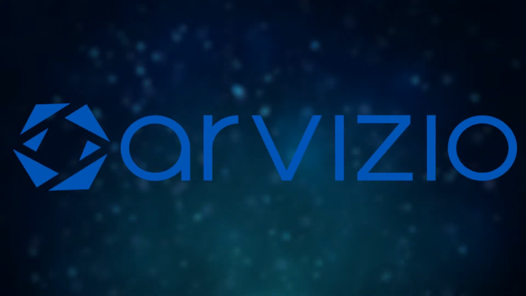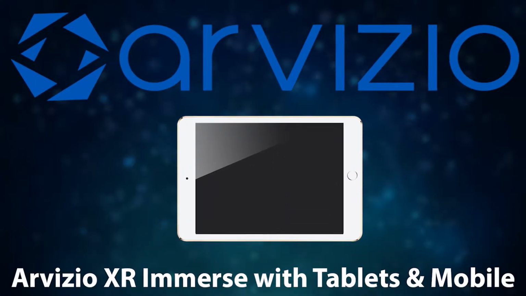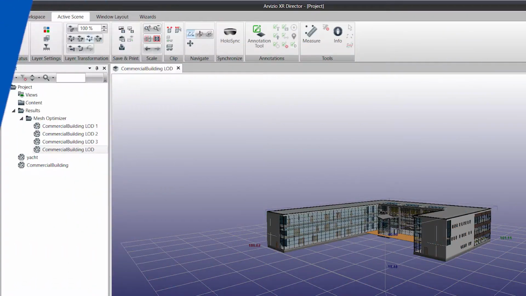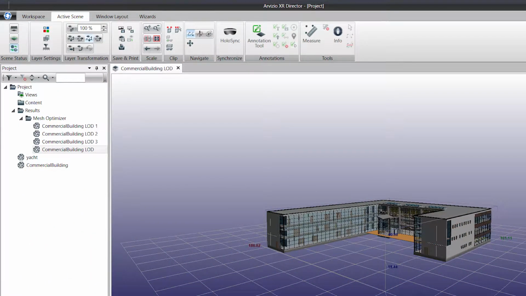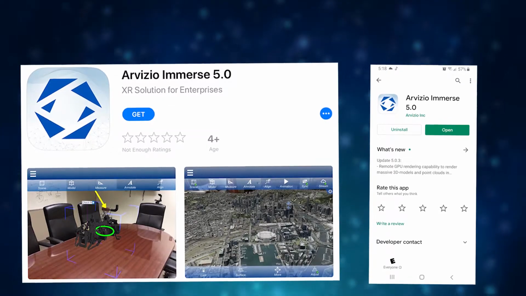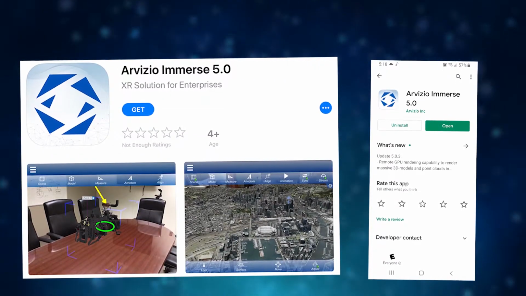Welcome to Arvizio's tutorial on how to participate in a mixed reality experience with a tablet or mobile device. First and foremost, you'll want to set up a session with Arvizio XR Director, which we've detailed in a previous tutorial. Whether you're using an Android or iOS device, you'll want to download the Arvizio XR Immerse application from its